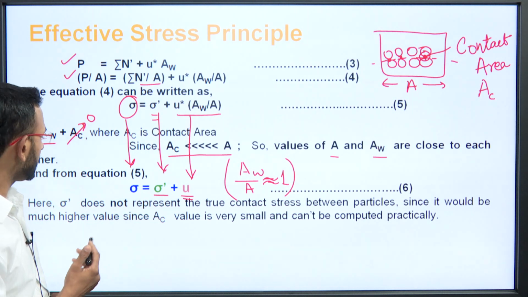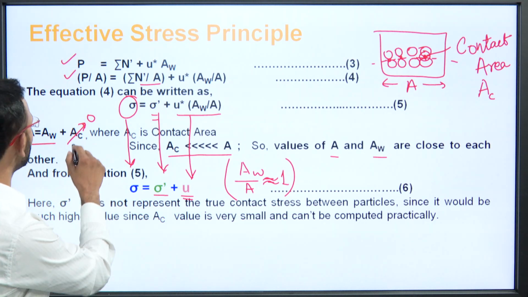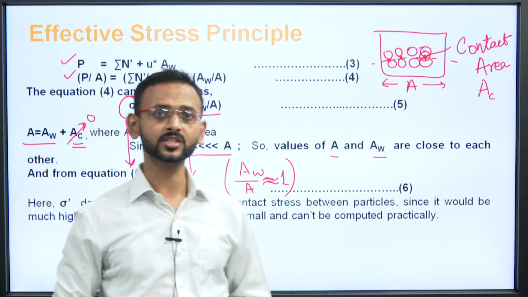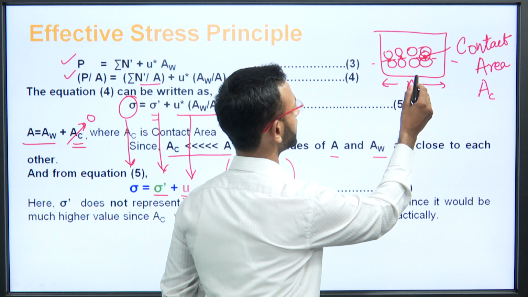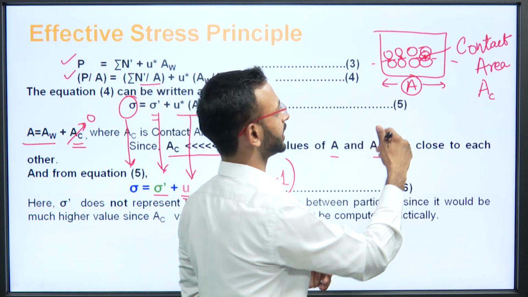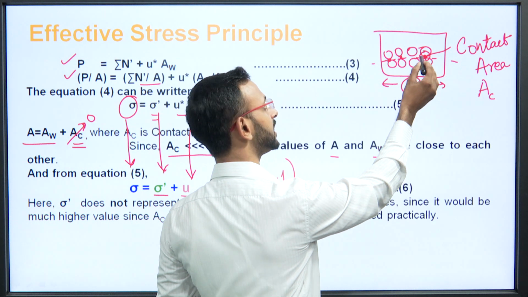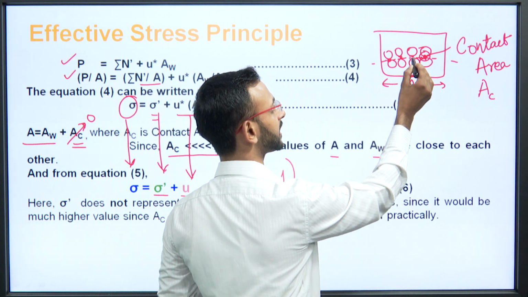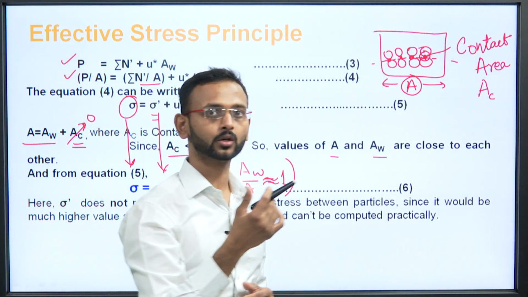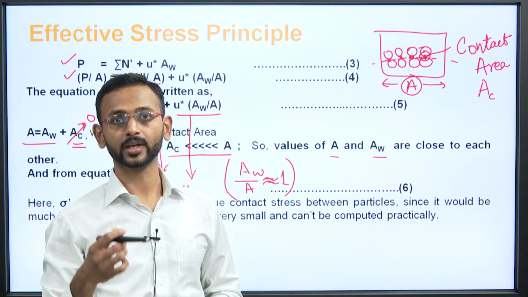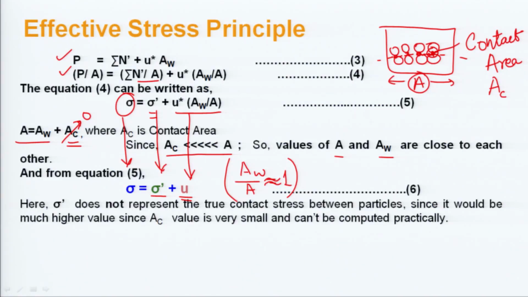since it would have a much higher value, since the AC value is very small here. You can easily know this value A, because it is the soil cross sectional area, but can you find the soil solids here, and can you measure each and every contact area? No, you cannot, because it is practically not possible, because you do not know the orientation of each and every solid particle. You cannot count the hair of your head. Similarly, you cannot count the contact area. So, it is very small here. So, that is why practically we will be using the capital A.